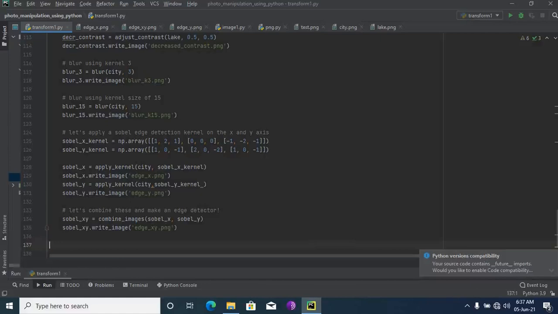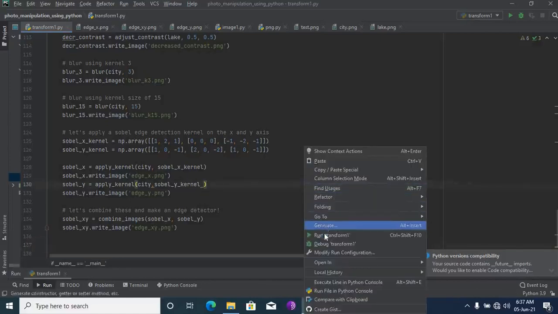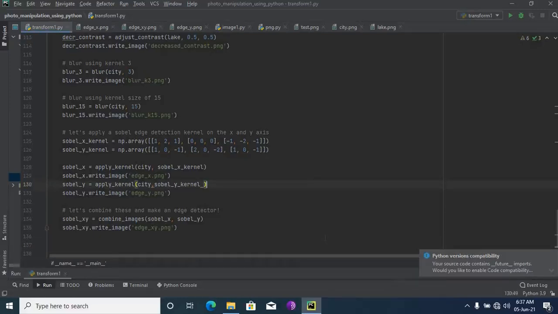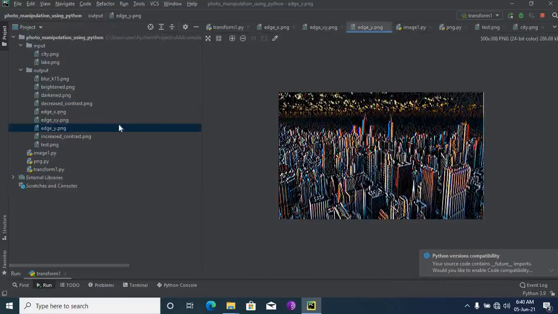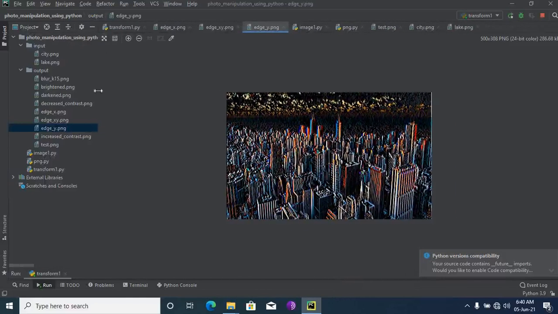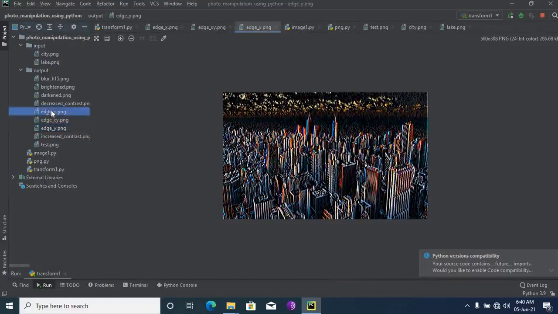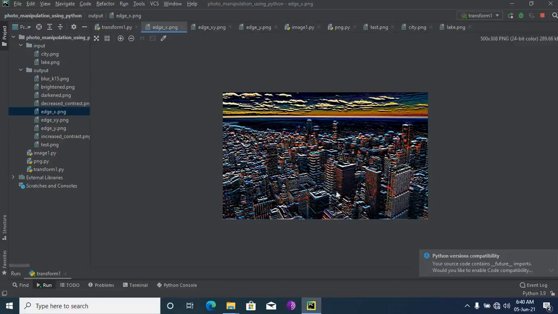Now let's run the function. Now the output has come. Now I'm running Sobel X. See, Sobel X is designed in the X direction.